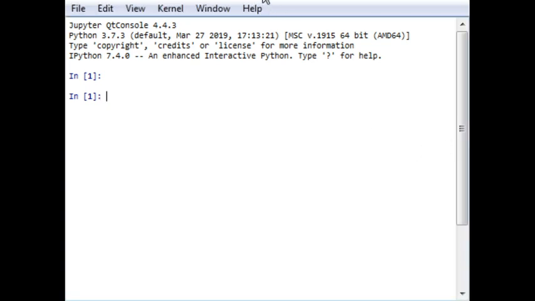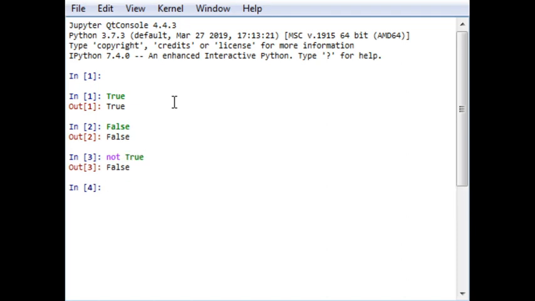So in Python, if I write True, it will give me the output True. For False, it will be False. When I am using the not operator, it will be False.